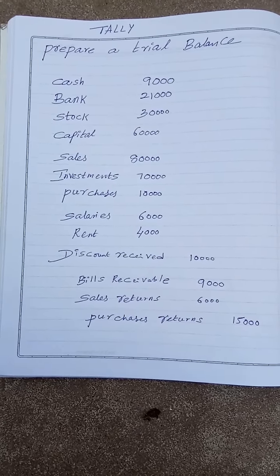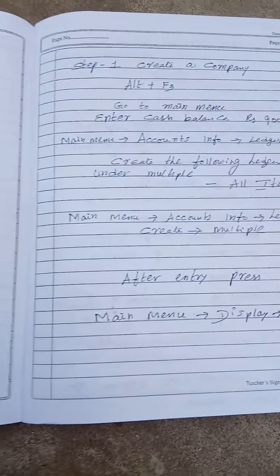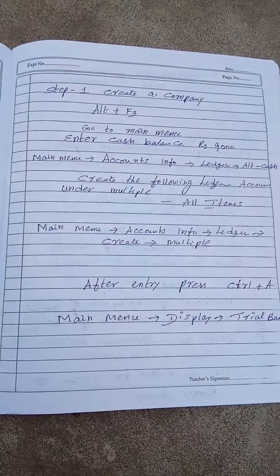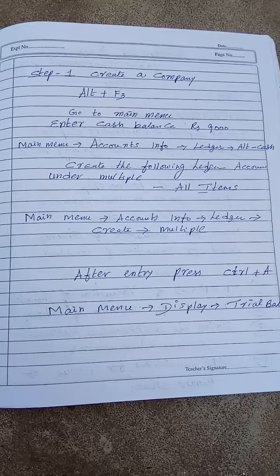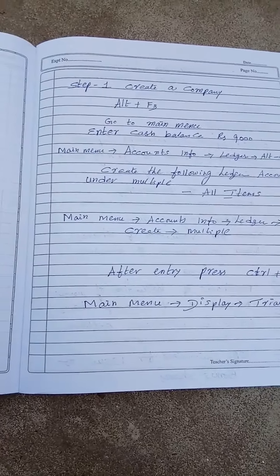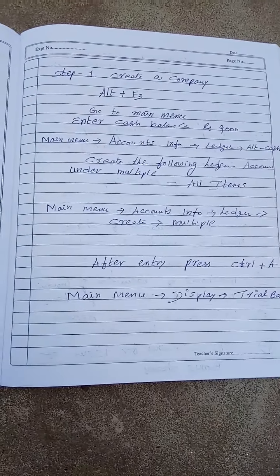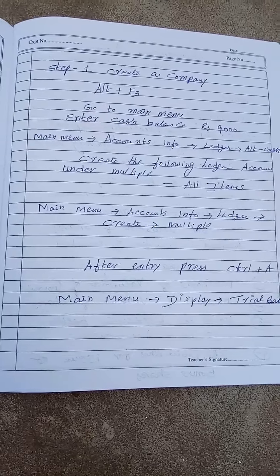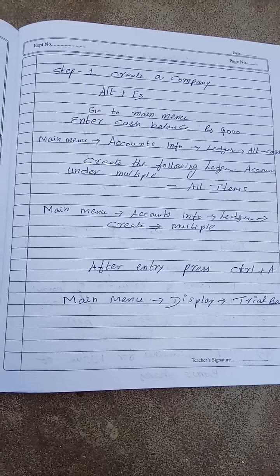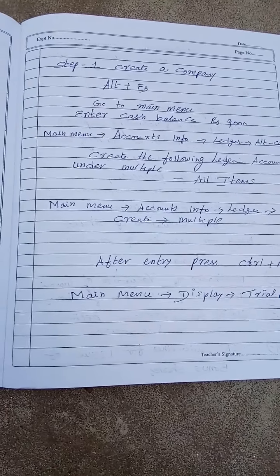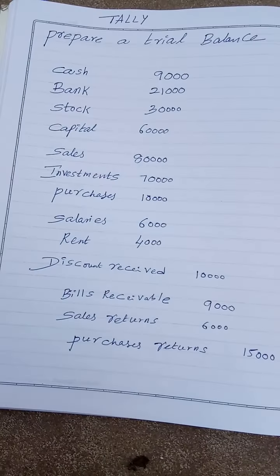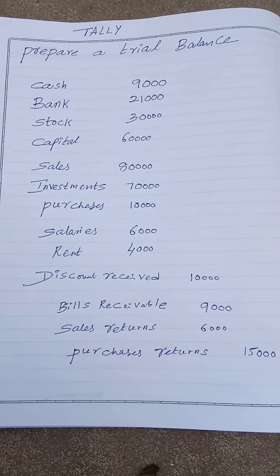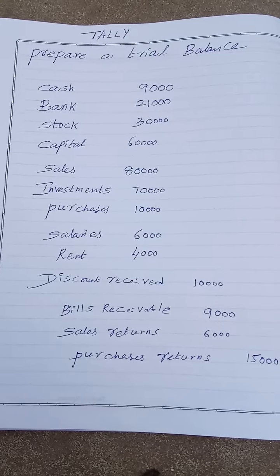to record the cash balance, what we have to do is just after creation of the company, go to main menu and select accounts info, ledger, take alt option. By selecting so, you can enter 9,000 rupees of cash balance. Then my dear students, here you have to create these ledgers under multiple: bank under bank, stock under current asset,